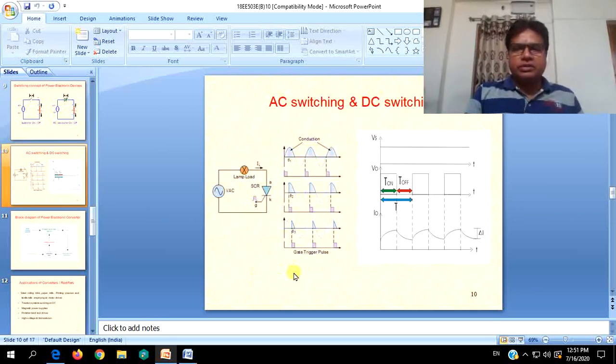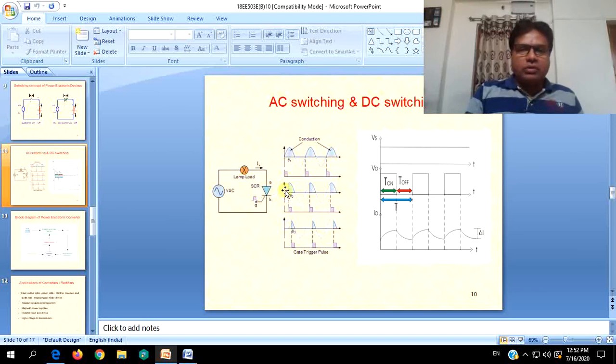Same thing which we have discussed, now discussed in a simple manner, AC switching and DC switching, where supply is AC and an SCR is used to control the lamp load. This is a rectification where a full positive half cycle is allowed to apply to the load. That is, gate signal is given at 0 time itself, t is equal to 0 seconds. Full positive half cycle will be applied to the load. Negative half cycle, it will be reverse biased, SCR will not conduct. So conduction will be maximum in this case, but negative voltage and negative currents will not be flowing.